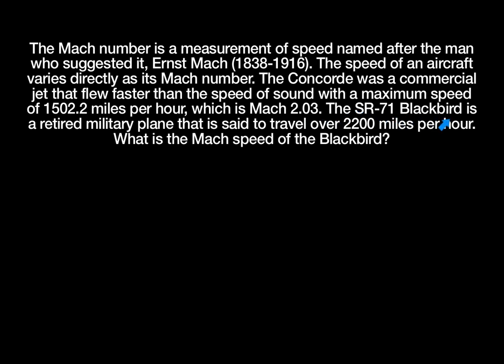The SR-71 Blackbird is a retired military plane. Actually, interesting fact. On its retirement flight from Beale Air Force Base to DC, because that's where it's now stored, it broke the record in its last flight. It was an early 1970s airplane that flew into the mid-90s. I mean, it was some pretty advanced technology. But it is said to travel over 2,200 miles per hour. Well, it's faster. But what we're going to look at here is it says,